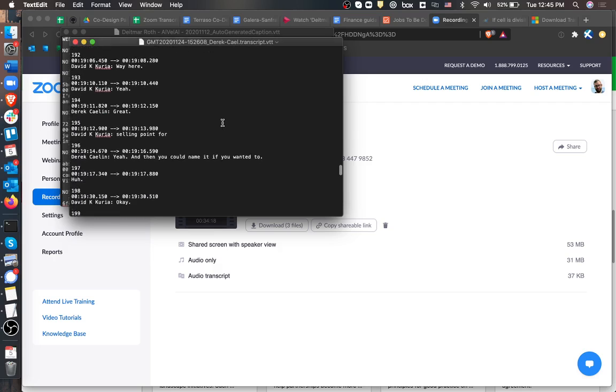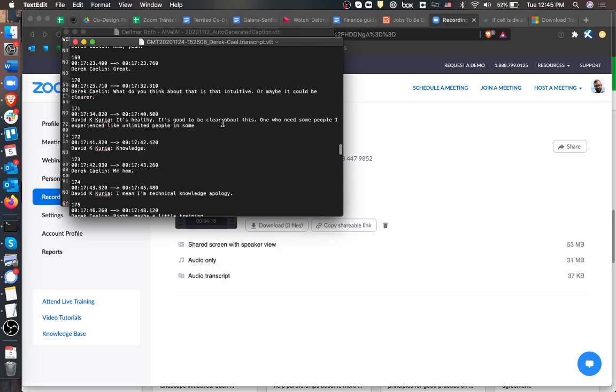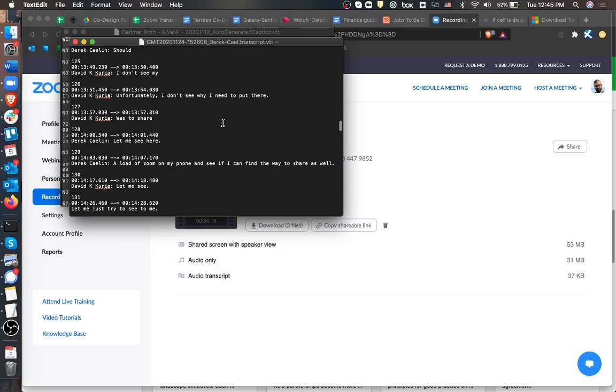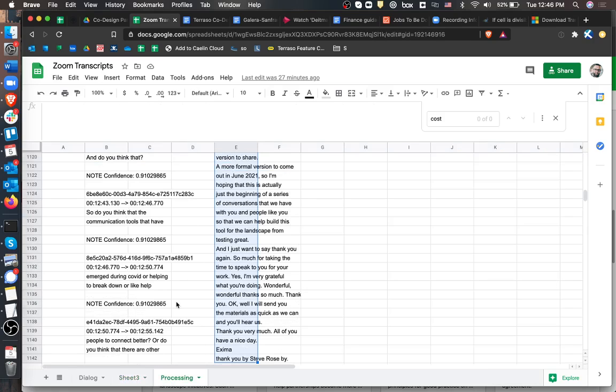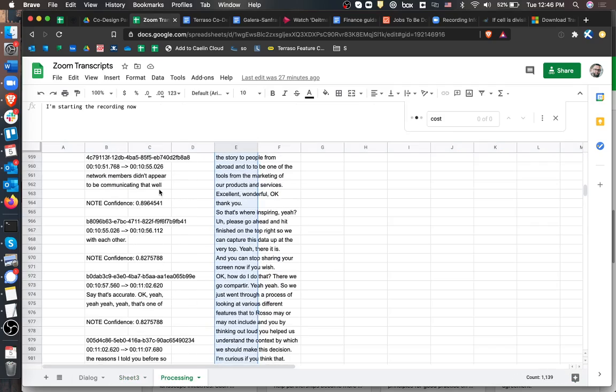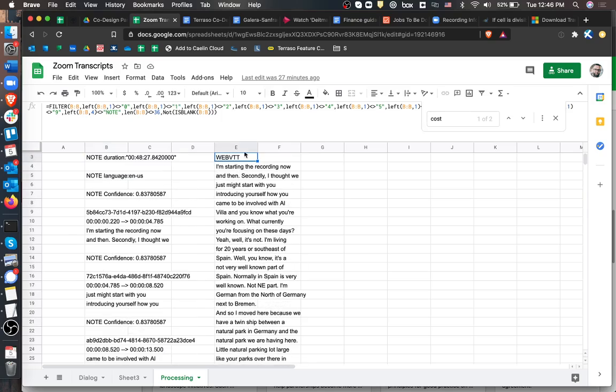And it's formatted poorly for me to figure out who is speaking when in what conversation and reference that material easily. So what I did was I pulled it into a Google spreadsheet where I pasted the conversation in column B here,